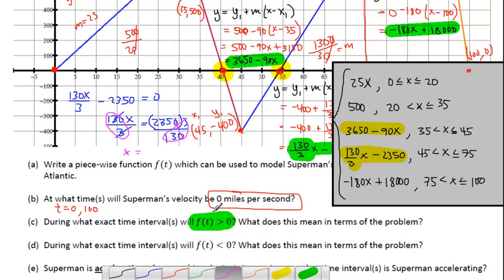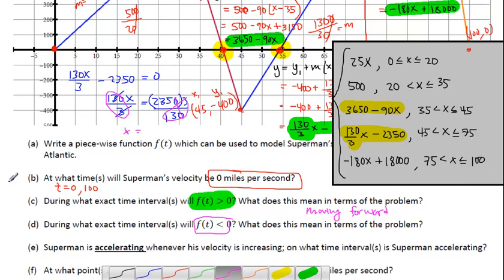So that means moving forward. And then less than 0, that means the velocity is negative,